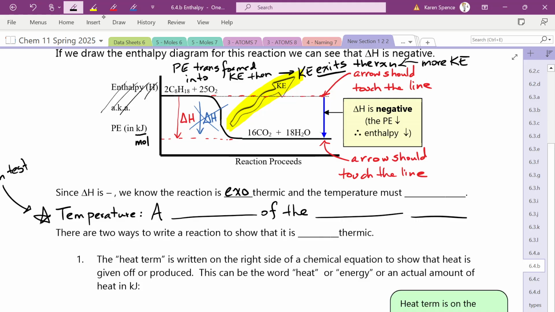Temperature is a measure of the average kinetic energy. And if this reaction is exothermic and the kinetic energy is increasing, what is happening to our temperature? Temperature must